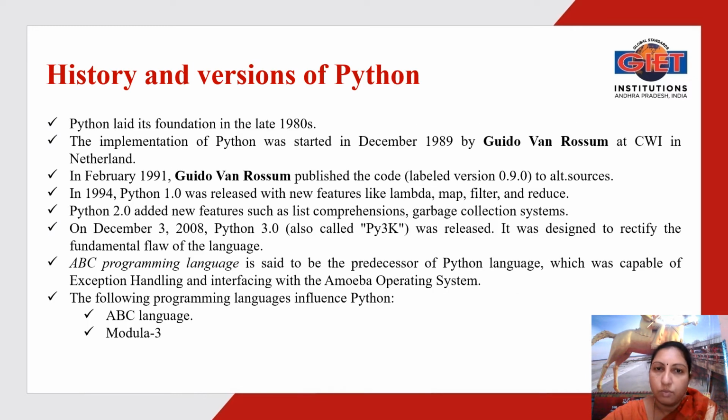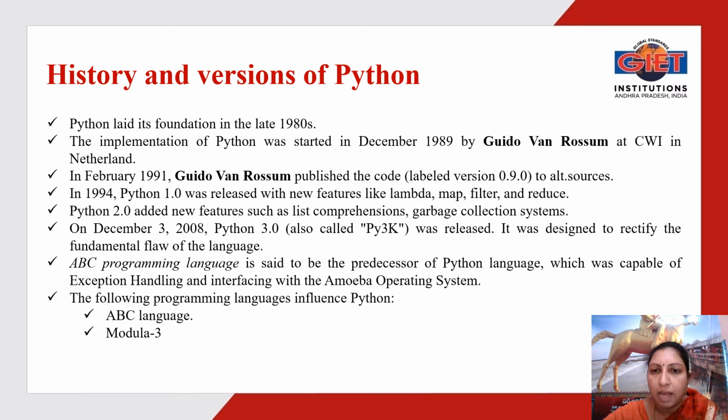Next is history and versions of Python. We'll be seeing how Python developed to the current stage. The foundation for Python was laid in the 1980s. Then the implementation of Python was started in December 1989 by Guido van Rossum at CWI in the Netherlands. In 1991, Guido van Rossum published the code to alt.sources, and in 1994, Python 1.0 was released with